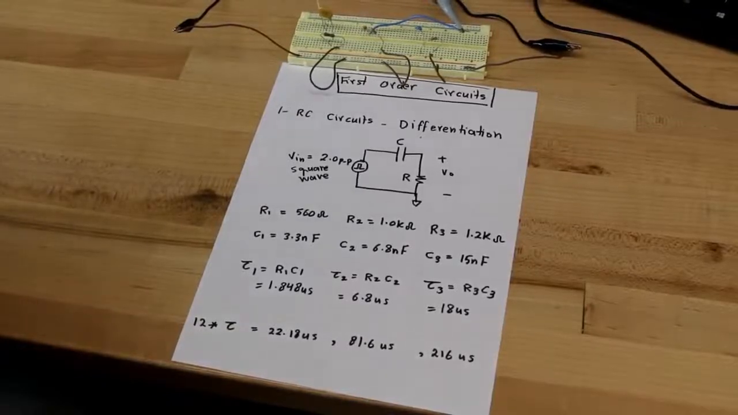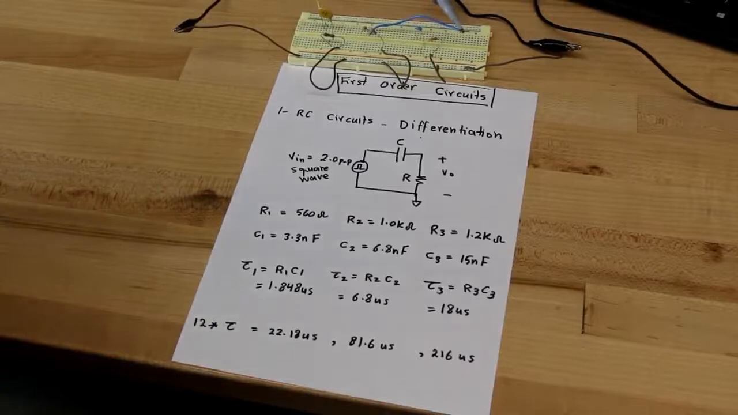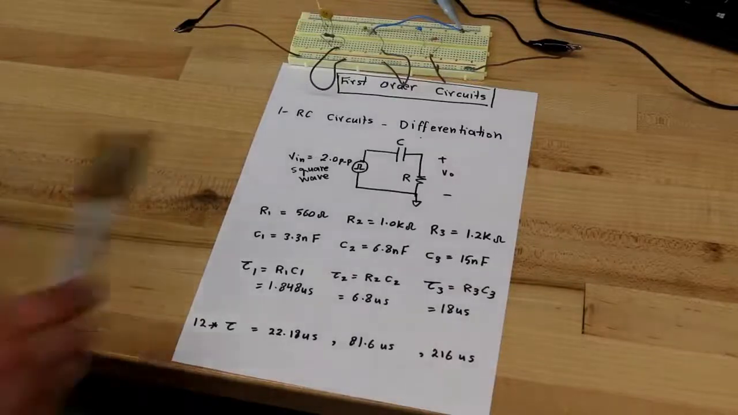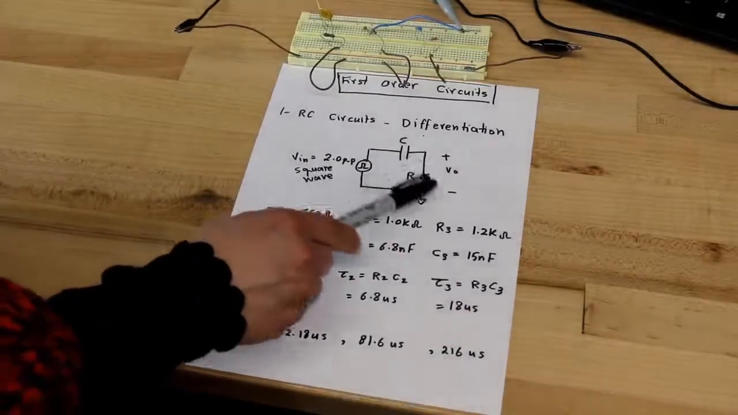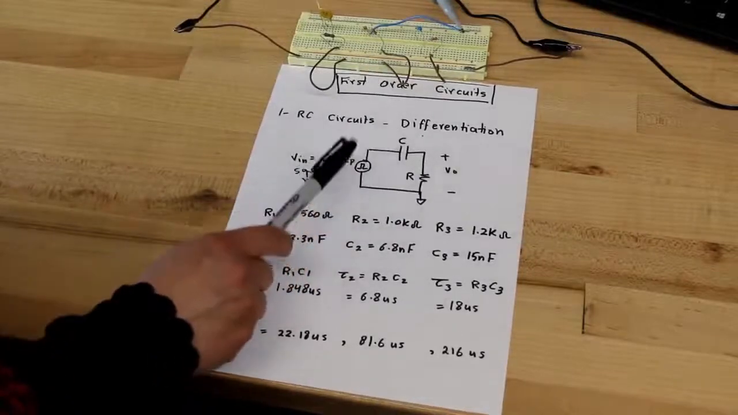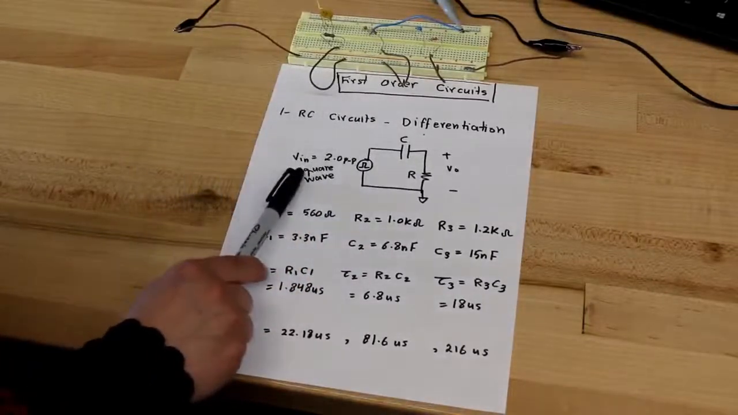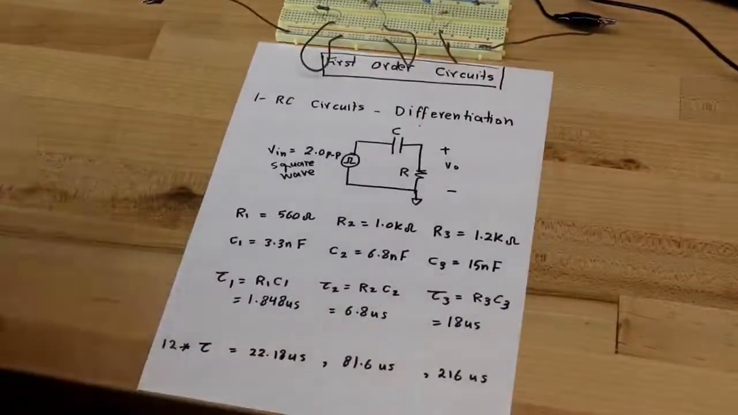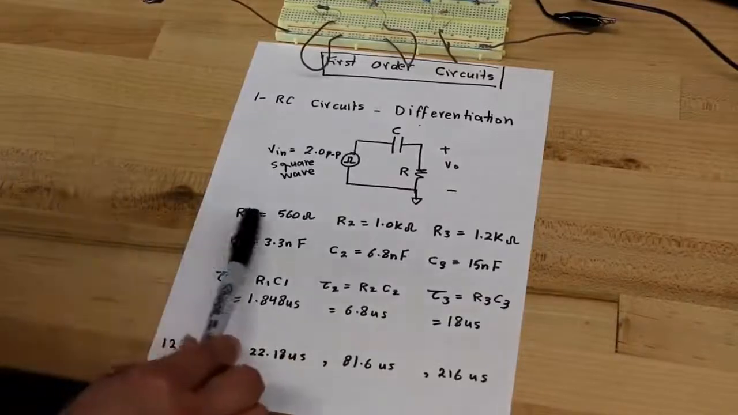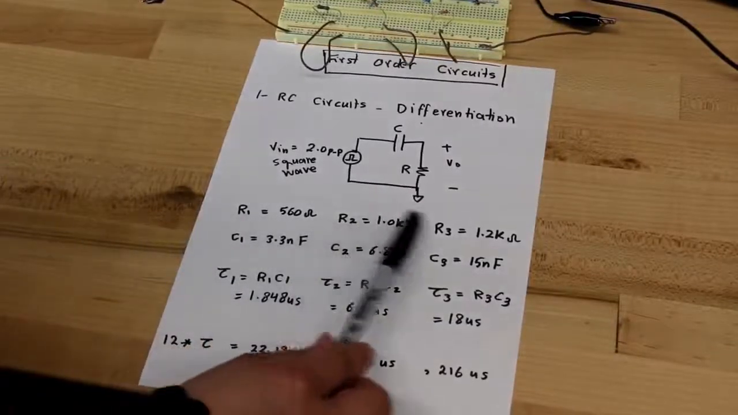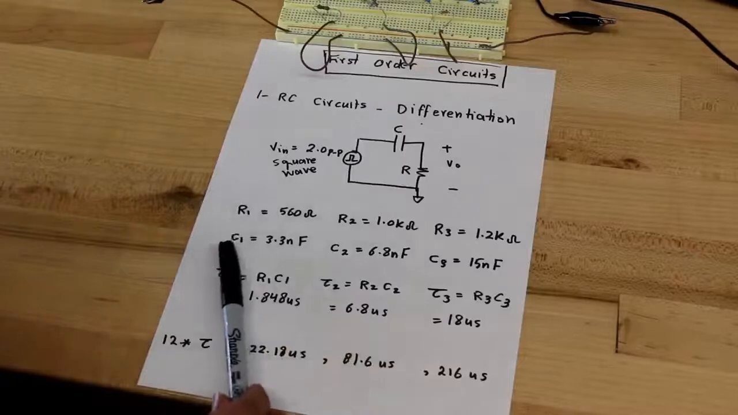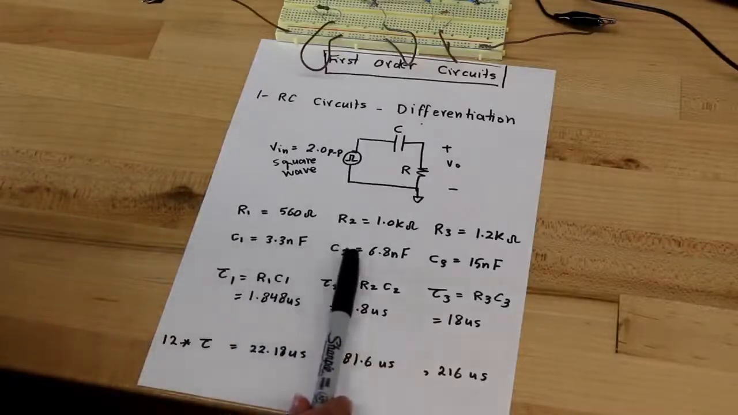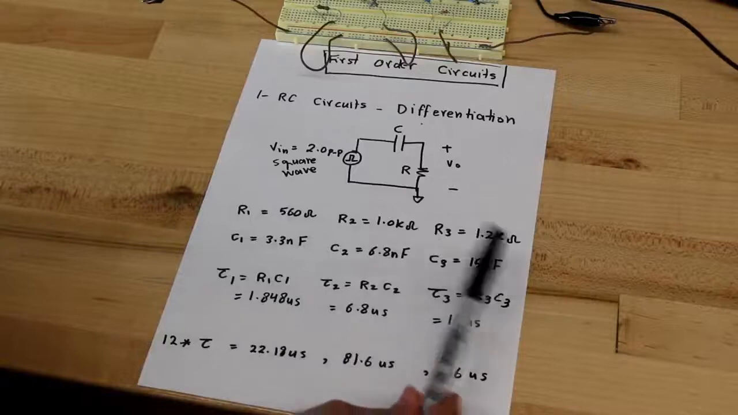So for Lab 4, it's about first order circuits, and part number 1 is about RC circuits, the differentiator, where it's an R in series with a capacitor, and the input voltage is a square wave, and the output is across the resistor. So I chose 3 resistors: 560, 1K, 1.2K, and 3 capacitors: 3.3 nano, 6.8 nano, 15 nanofarad,